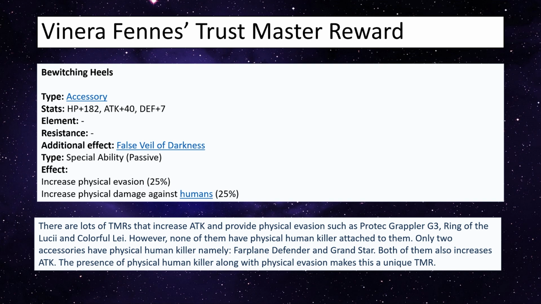So there are a lot of TMRs that increase attack and provide physical evasion, such as the Protect Grappler, G3 from Rico, Ring of the Lucii from Noctis, and Colorful Lay from Aloha Laswell. However, none of them have physical human killer attached to them. Only 2 accessories have physical human killer, namely the Far Plane Defender from an event and Grand Star from the